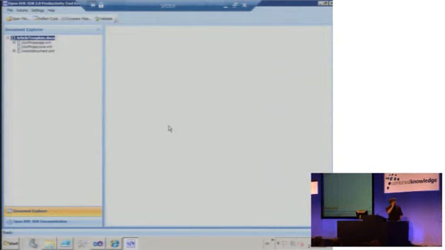So this is a tool that comes alongside the SDK redistributable. It's the productivity tool for Office XML, OpenXML. And what it gives you is,